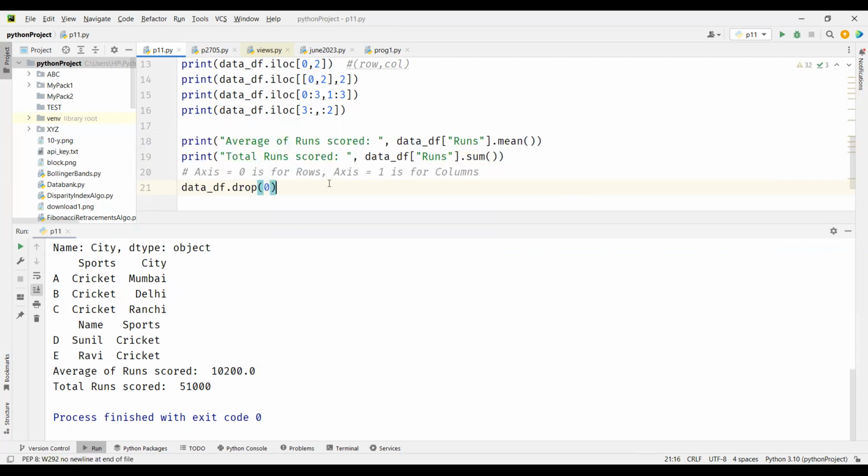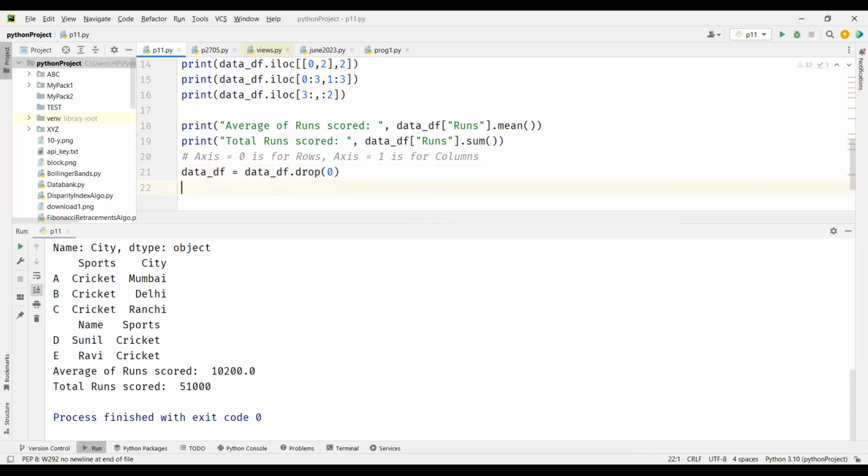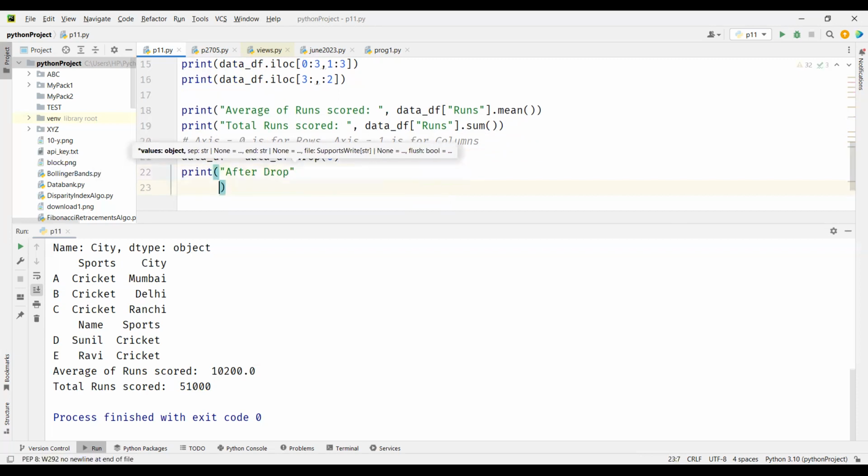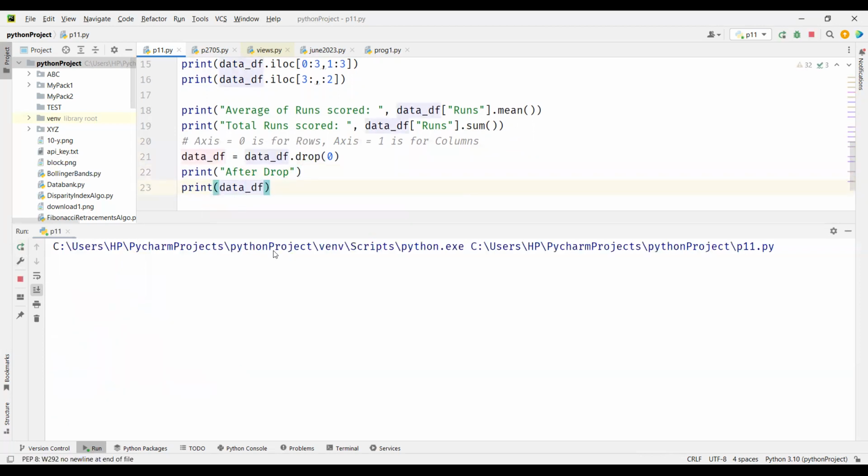This will drop from data df, but the original data df value is not changed. If you want to change it, you have to say data df equal to data df dot drop 0. So if I say print after drop, print data df, and when you run it,